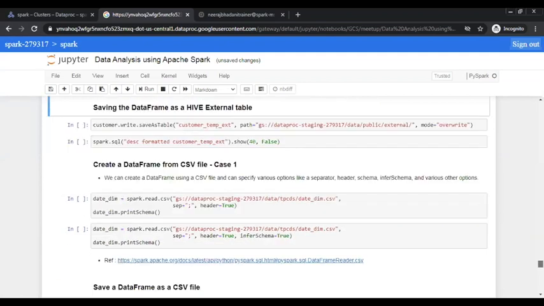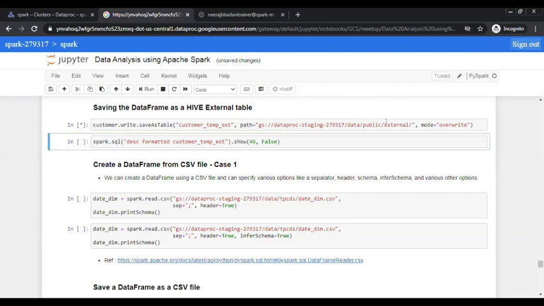So this is how you can save your data as a partitioned table. And if you want, you can check quickly from here. Now, what if you would like to save your data frame as an external Hive table? You just need to provide another argument named path, the location where you would like to store your data. If you do this, it will store your data frame as an external table.